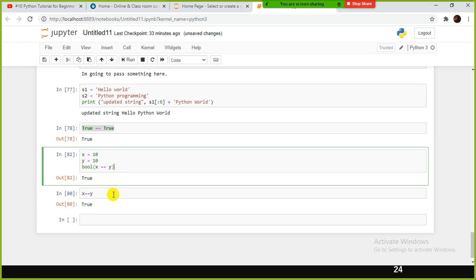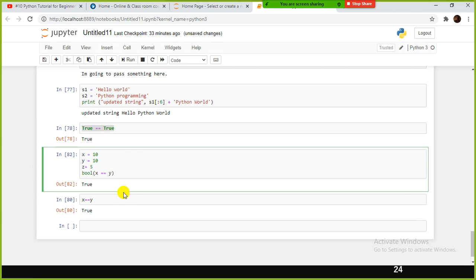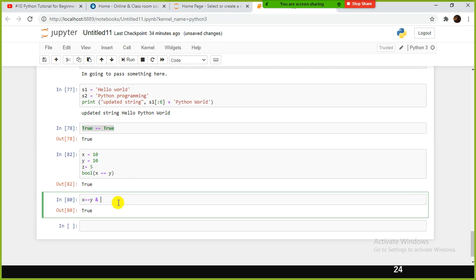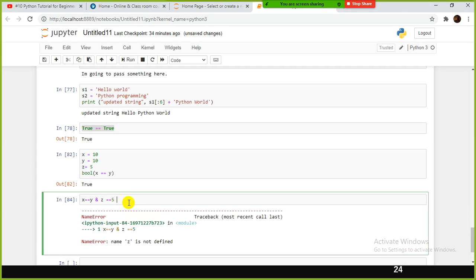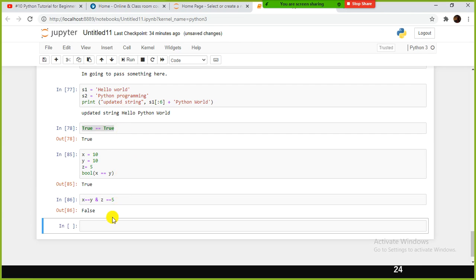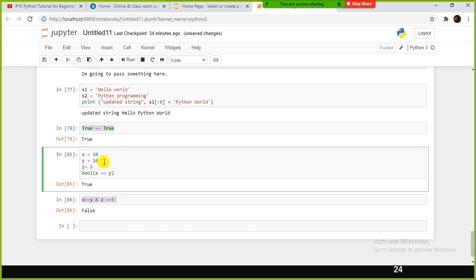And also if you want to compare x equal to y and z is equal to 5, x equal to 5 and z equal to 5. False. Obviously it is False, right? And let us see, I give, when z is 5, right, why does it become False? x equal to y is True and z equal to 5 also.